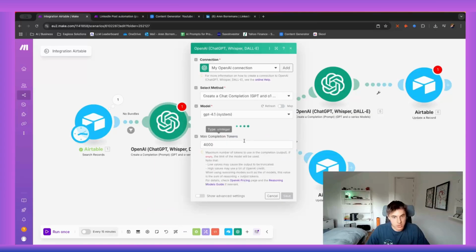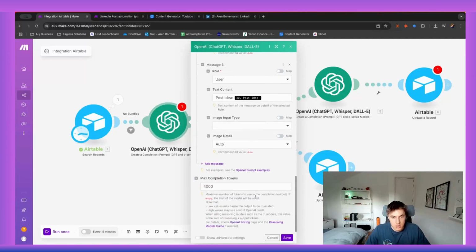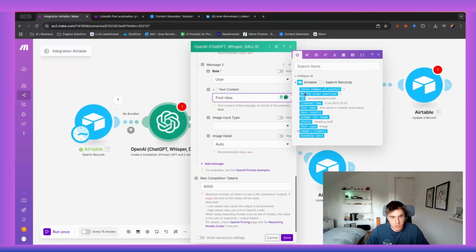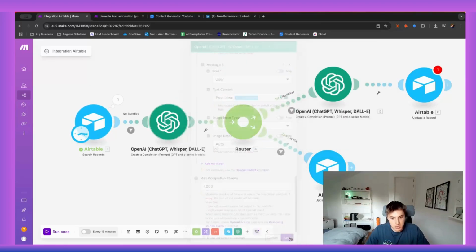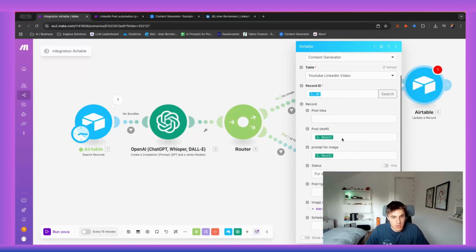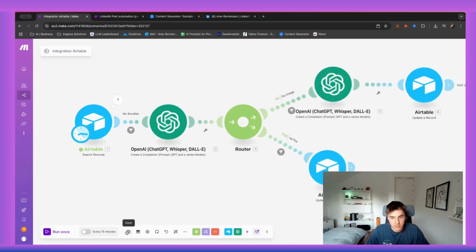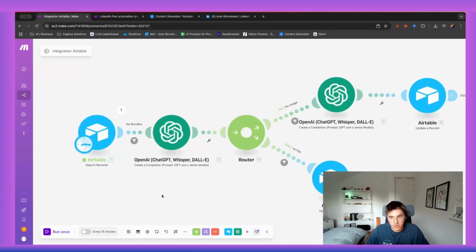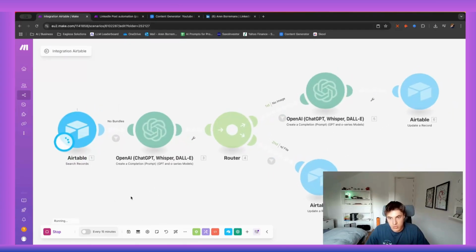Where is it referencing something bad? Let me check. I think this one was okay. Oh no, I have to change it. Post idea, map it, save here as well. Save, save, all good. We do run once,